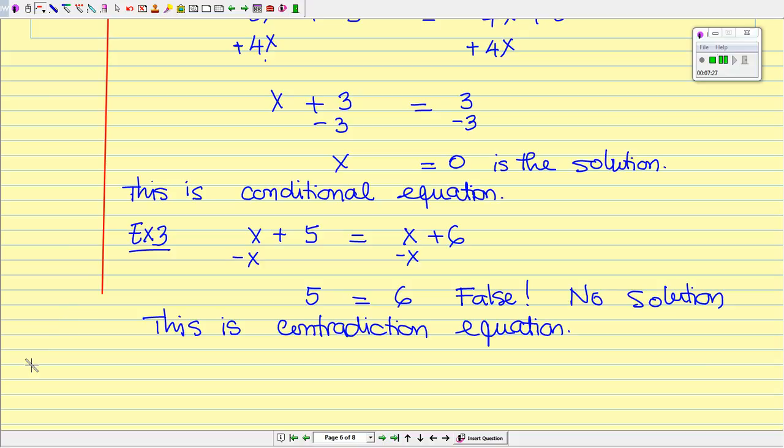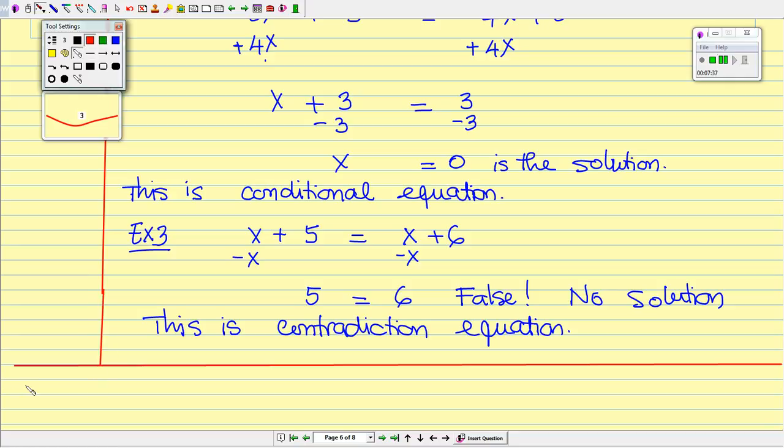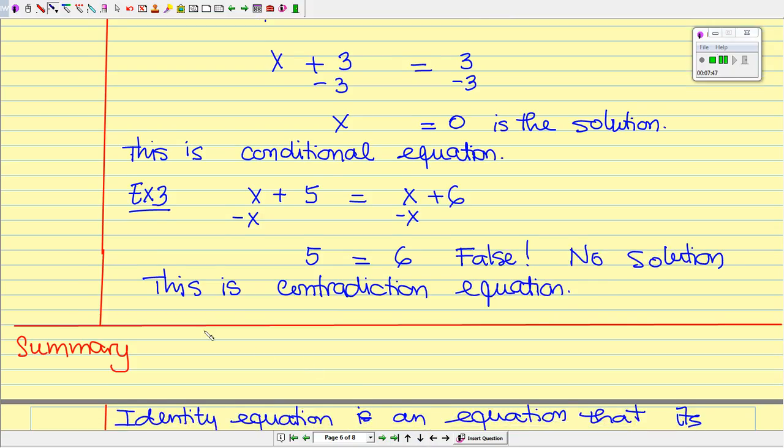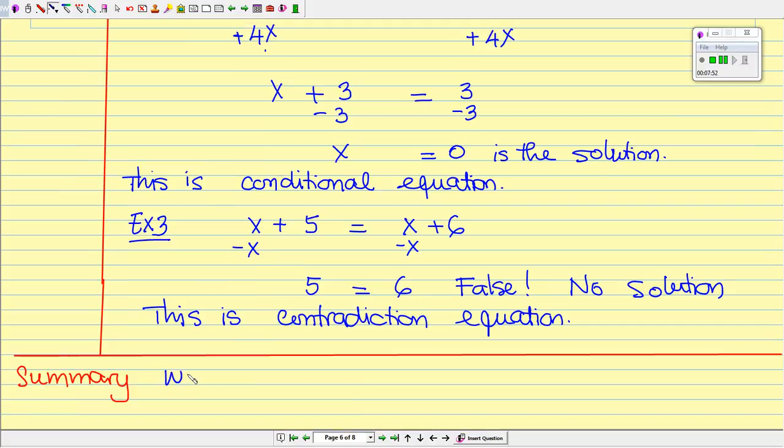Now let's draw a horizontal line so that we can write out our summary, and I will extend this. Okay, so let's write out the summary. What did we learn from this video? In this video, we review how to solve equations,